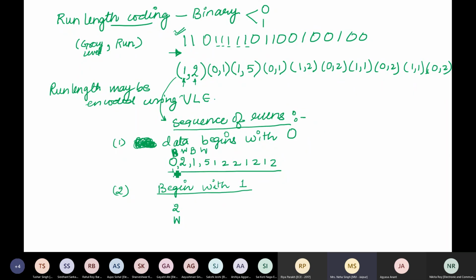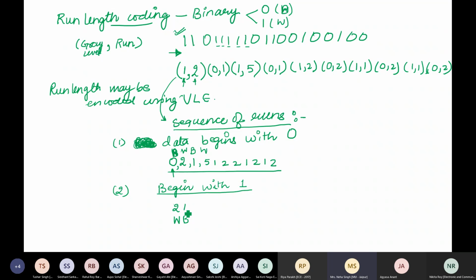So I initialized with a 0. But when I say that I should begin with a 1, I have a 1, so I simply write the run for 1. So that is 2. Now after white, I have to give the next run, so what color will the next be? Black because I have only 2 options. I can have black for 0 or I can have white for 1. What is the next run for black?